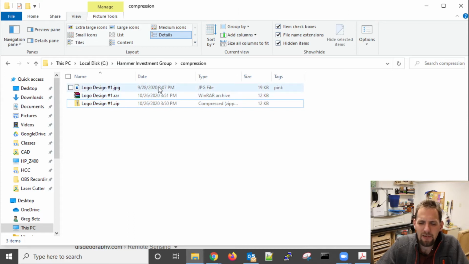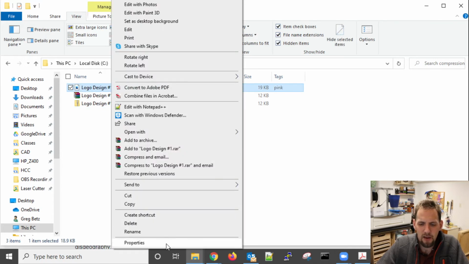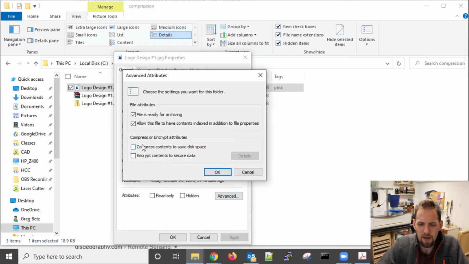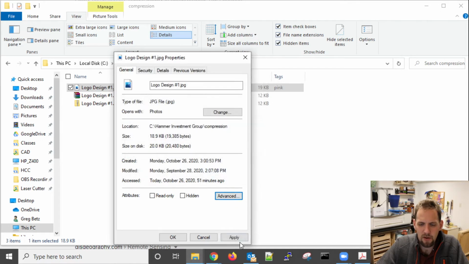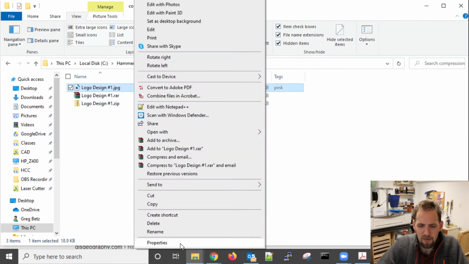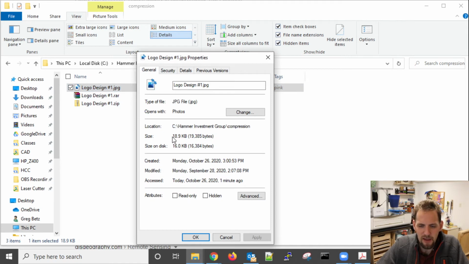And the last compression that I want to talk about in this video is the NTFS built-in compression that Windows can use. So if we actually right-click on a file and we do Properties, and then under the attributes, we go ahead and go Advanced, you can see down here we have compress contents to save disk space. So we're going to go ahead and check that, hit OK, and apply it. And the part that really intrigues me here is the physical size is